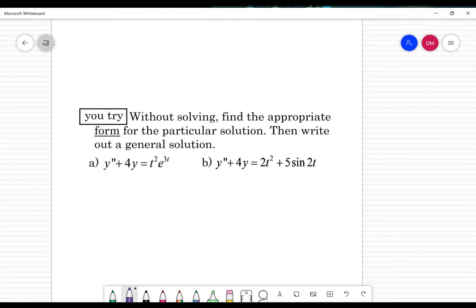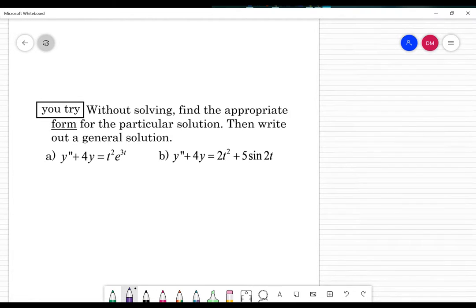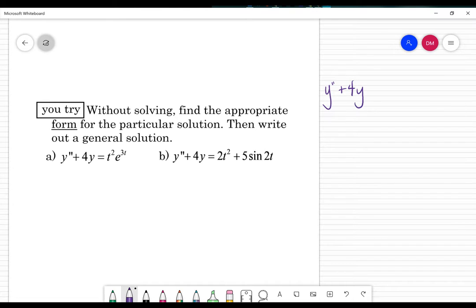Because we don't have to solve, we're going to go ahead and just do our appropriate form. We're not going to solve for our coefficients. We're just going to plug them in. So let me solve the homogeneous over here. y double prime plus 4y is equal to 0. Okay, solving the homogeneous portion of this for y sub h